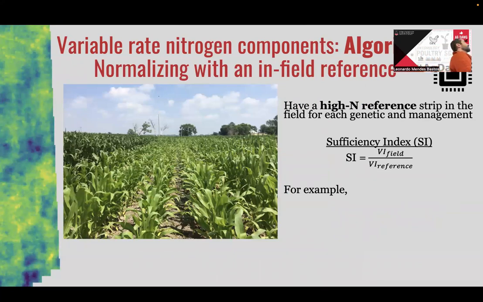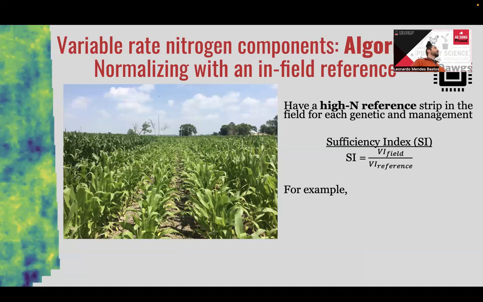Here's one very important piece of information that helps us to normalize the signal and at least try to ensure that we're applying nitrogen based on nitrogen stress only, right? So let's say you go to a field and you see stress, like some places are more stressed than others, and you use a sensor that will tell you that there is that stress difference. But then how can we understand and say, oh, this part of the field here is really healthy looking. I wish everything else was looking this way. This is how I wish my crop would look as far as crop vigor